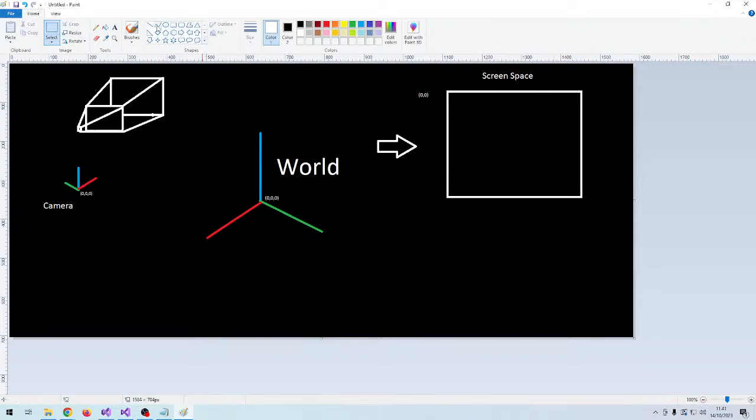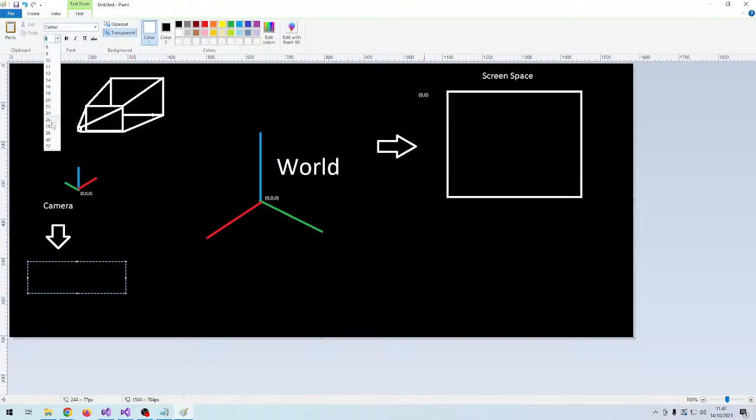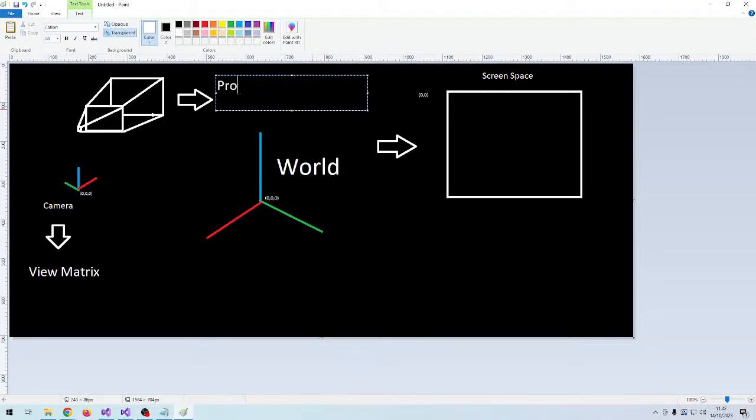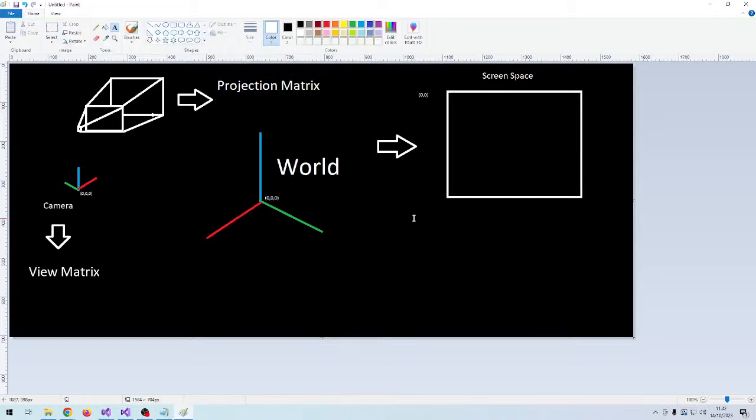Yeah, so the transformation we use, we have to do this one, is the view matrix, and this is the projection matrix, which our renderer will apply to every single vertex that we pass in to our renderer, meaning that